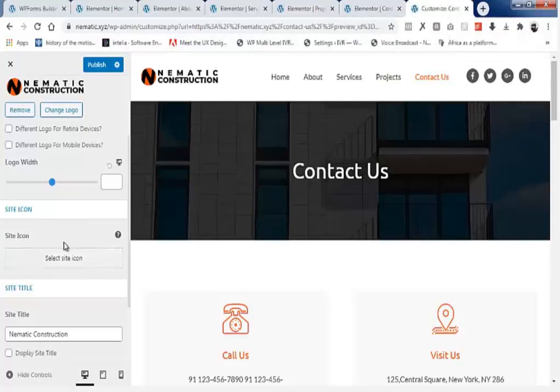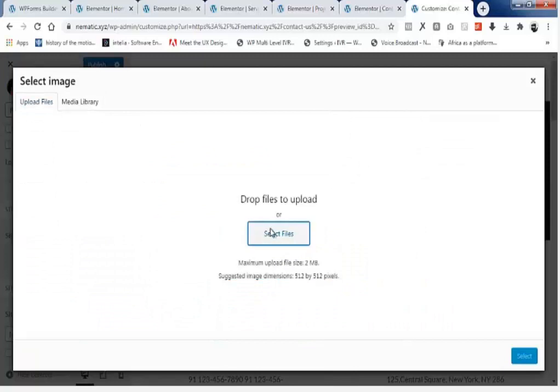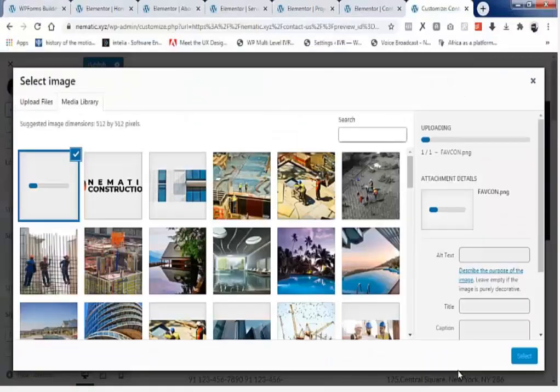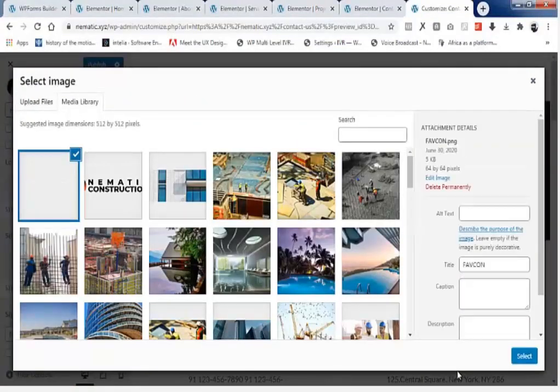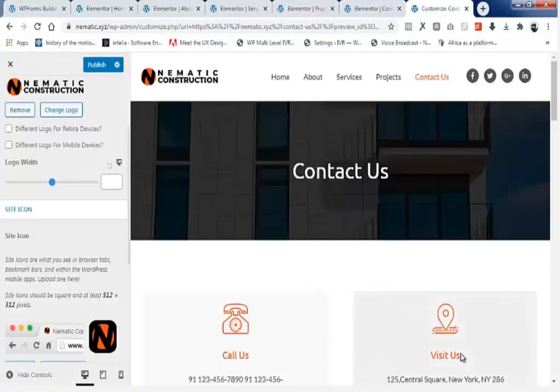So here in the site icon, I'm going to click on select site icon. So I'm about to upload files, then select files. So here is our favicon, our site icon. So I'm going to click on open. So here I'm going to click on select. So here I'll click on skip cropping process. So as you can see, we successfully uploaded our site icon.